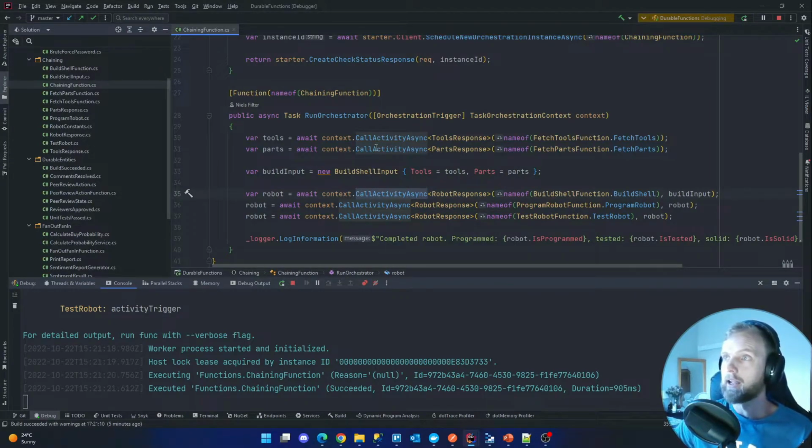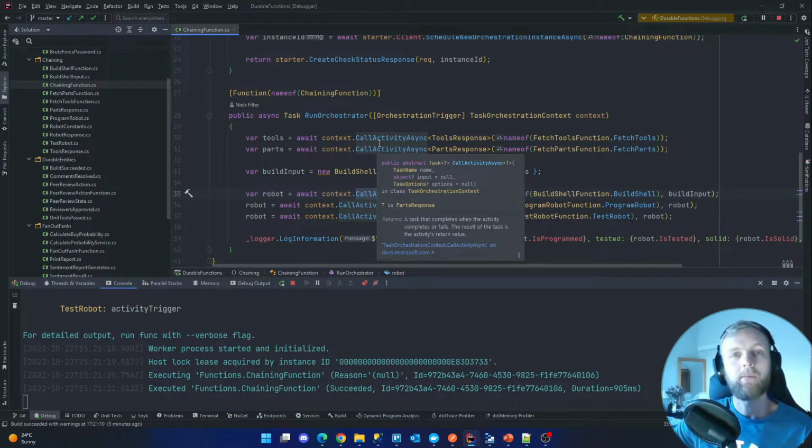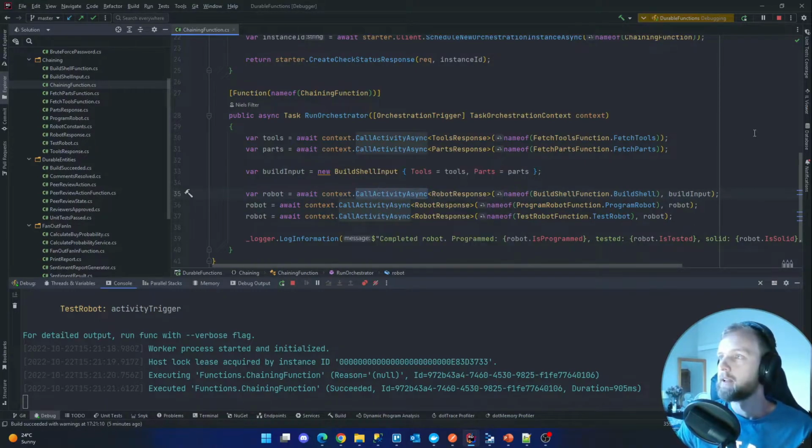But these are all happening in separate processes, in separate stateless functions. Now, the pattern that's being followed here is the chaining or the workflow pattern in a sense. So what's happening here is we're getting tools and parts, and then etc. We build the robot, a programmer tests it. The details here are not that important, but I'd like to just take a look at what happens when we